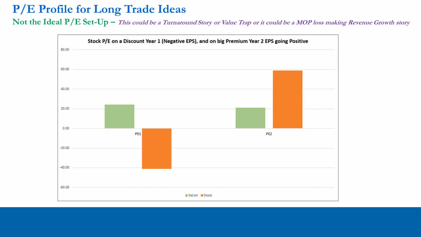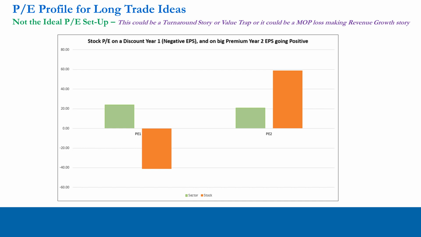In a scenario like this, we're using current stock price and forward-looking EPS for year two, and it's likely that we're going to see or have exhibited a PE ratio in period two that is extremely high and obviously on a big premium to the sector. So this type of PE backdrop